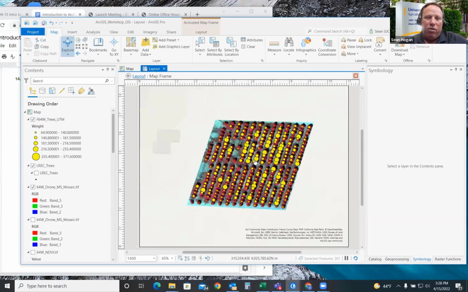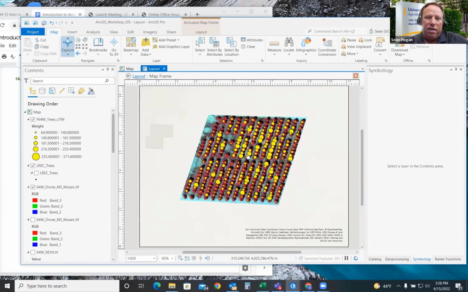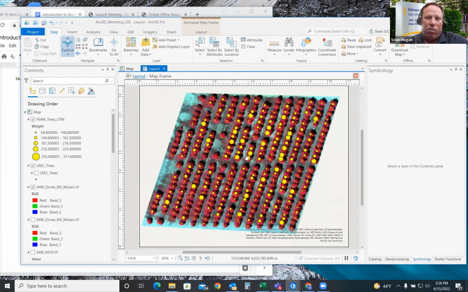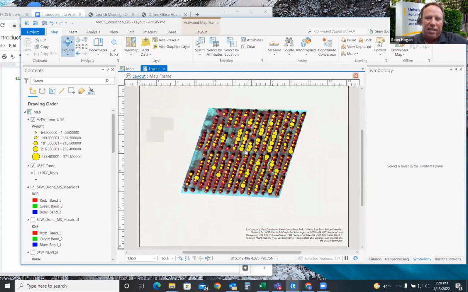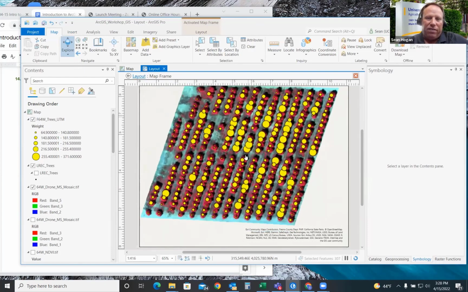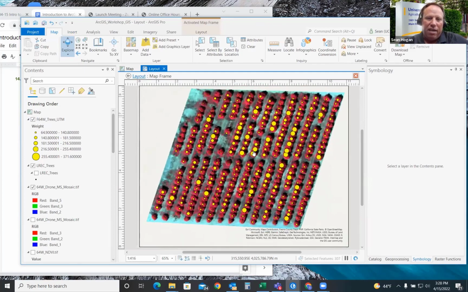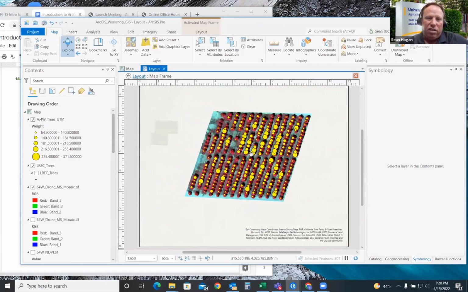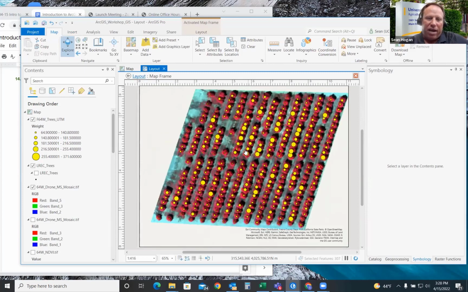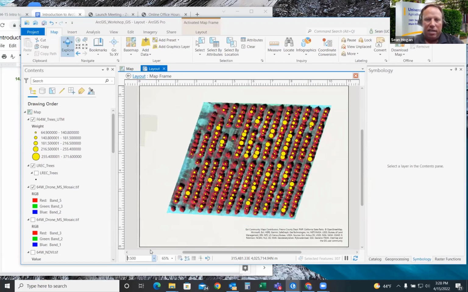Now I can move the map around and adjust it to right where I want it, get it to just the right size. If say this is just a little too big and the other one's a little too small, I can find a happy spot in the middle and go down to the bottom and type in a value that I might like, 500. So 1 to 500, and it gets pretty good.